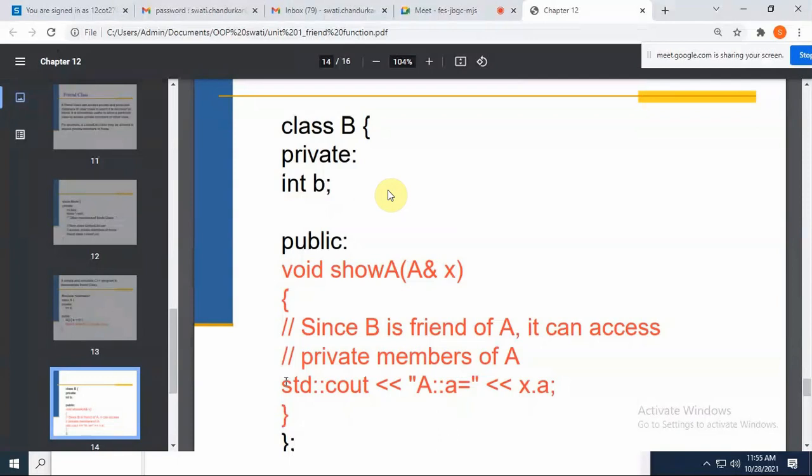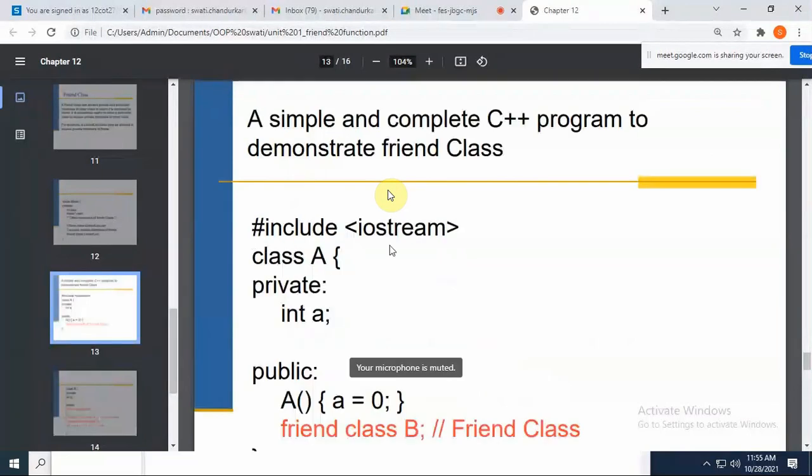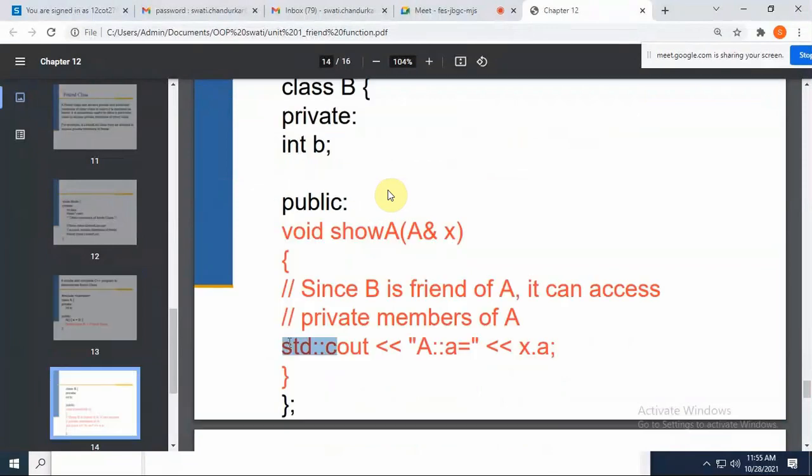Now you will say, ma'am, why is there a need to write this std scope resolution? I wrote this because I had not included using namespace. I did not include the standard namespace here, for that reason with every statement, whenever I write cout, I need to include the standard library namespace with the help of scope resolution. If you write using namespace, there is no need for this std. Okay, so you need to take care of that.